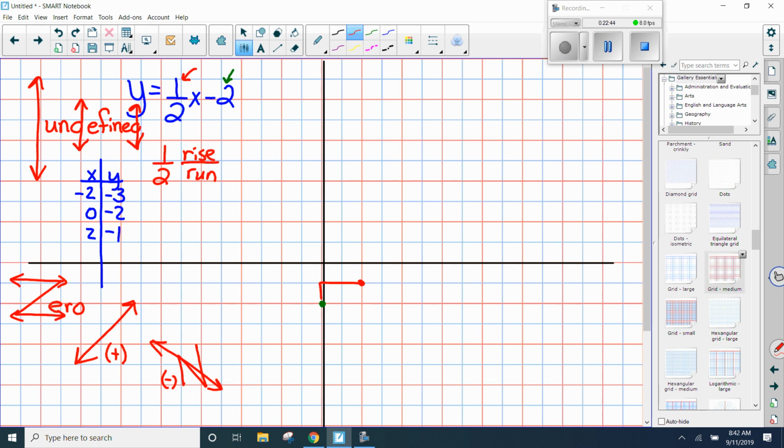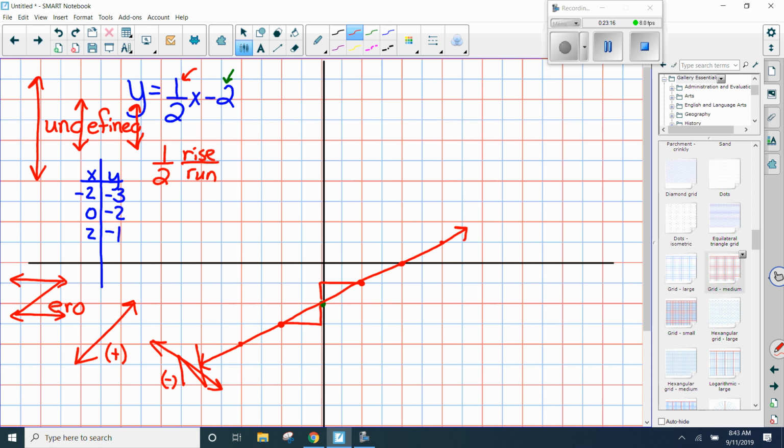Positive slope, that means I've got to veer off in this direction. That's why I know I don't go back 2, because I need that positive slope. I could go down 1 and back 2, because when I connect those, that's still going to give me the positive slope. Up 1 over 2, up 1 over 2, down 1, back 2, down 1, back 2. And when you connect those, you get the graph